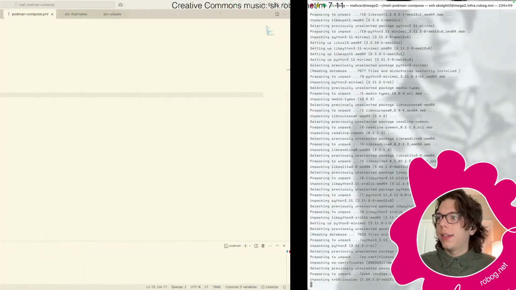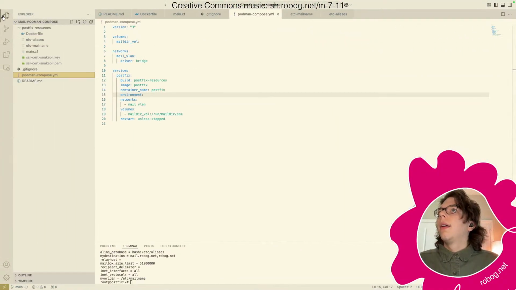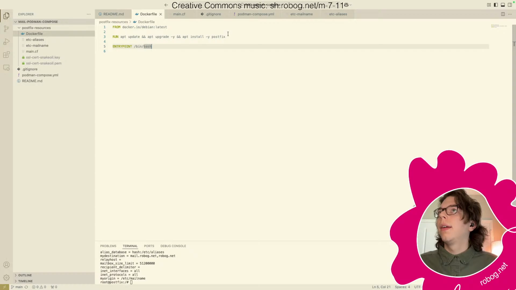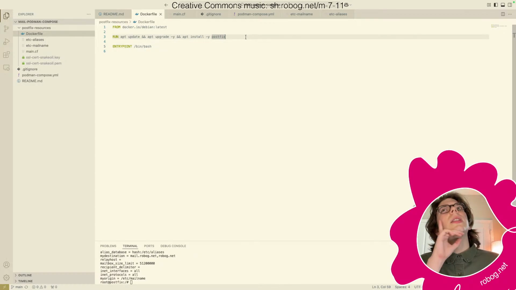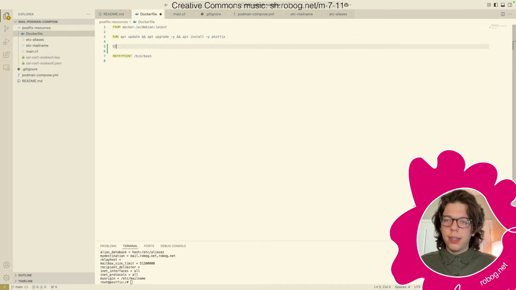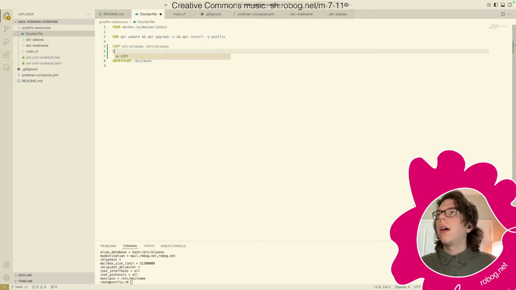Oh my gosh, you know what we didn't add? We did not add the files. We have to add the files. Oh my goodness. Okay. Is it copy? Yeah, it's copy. So etc aliases to etc aliases, copy etc mailname to etc mailname, and copy